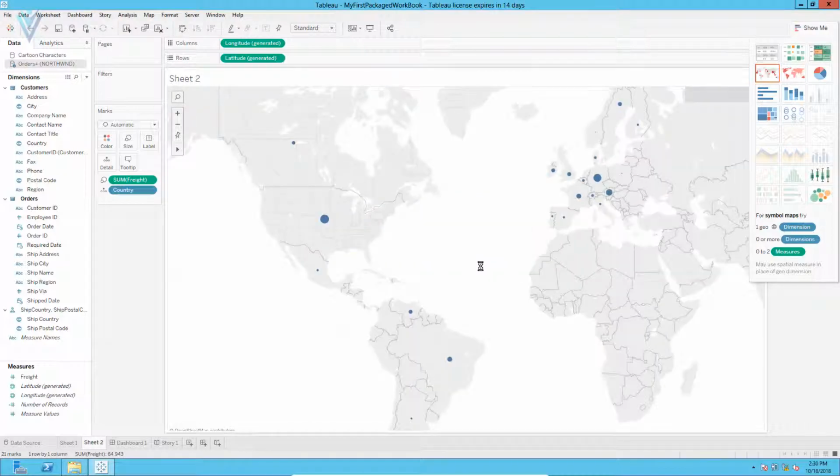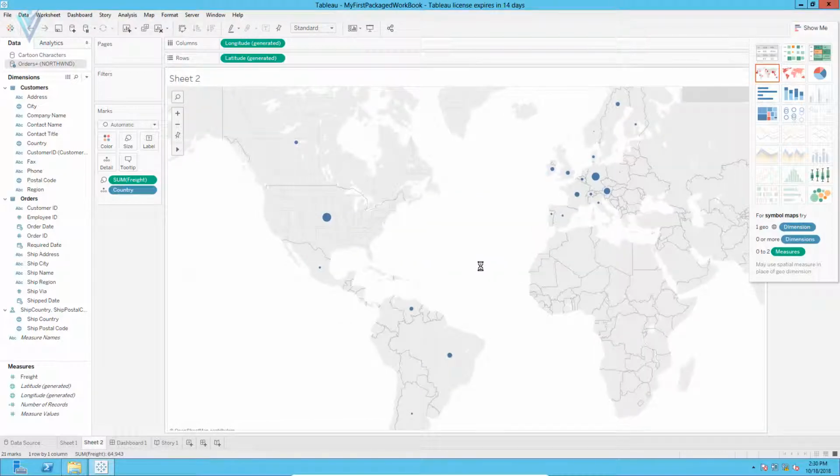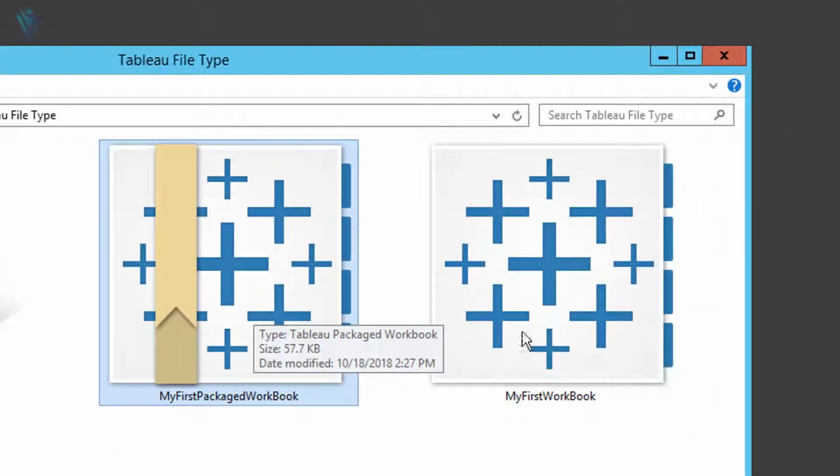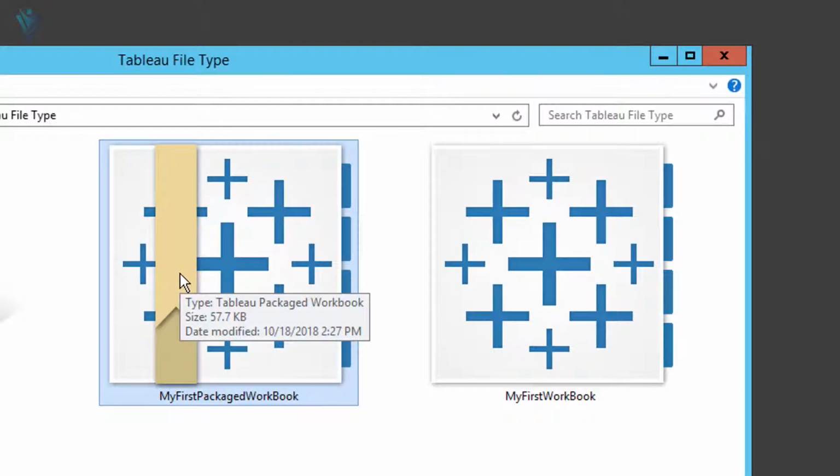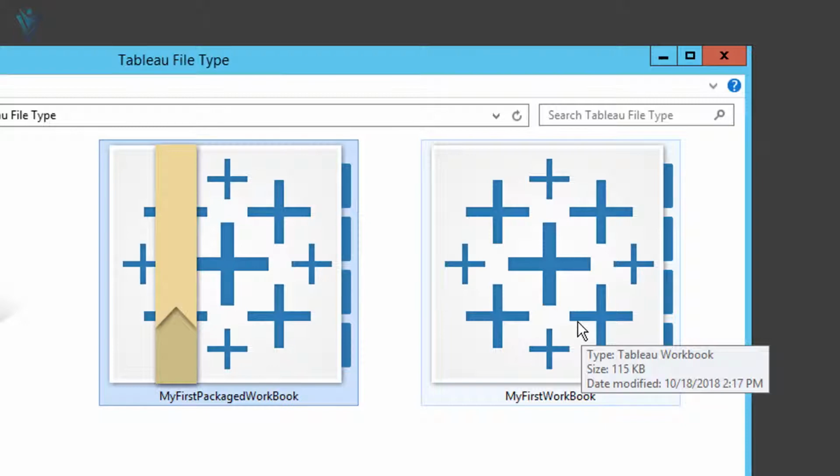So this is the second extension. Let me minimize this. This is the different icon used for different files. The first one is for .twbx and the other one is for .twb. The next extension we need to discuss is